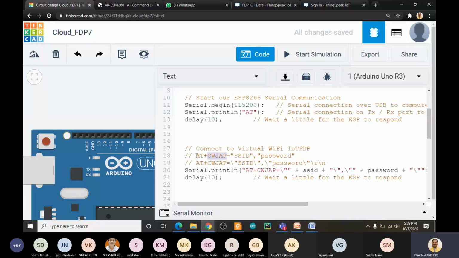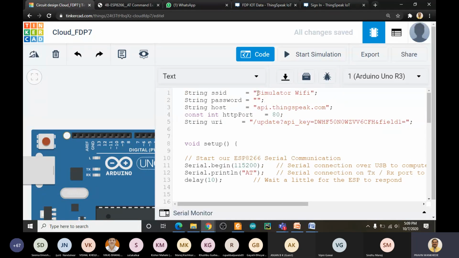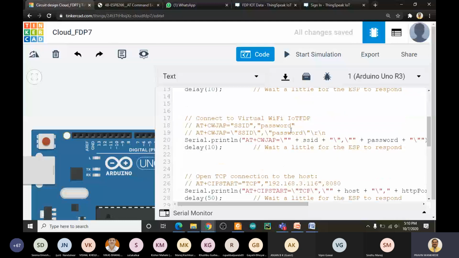And what is the format here? AT+CWJAP=SSID, and the password. This is the command we have to send to your ESP8266. The ESP8266 will search for the SSID with the name simulator Wi-Fi, and whichever password is given, it is automatically connected.